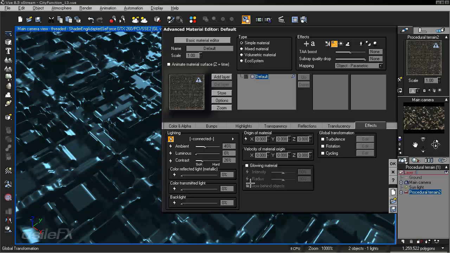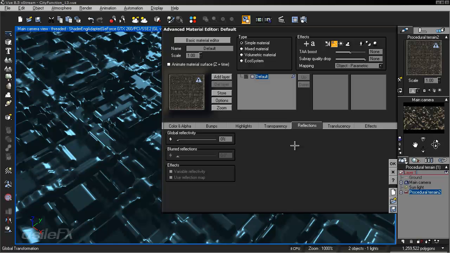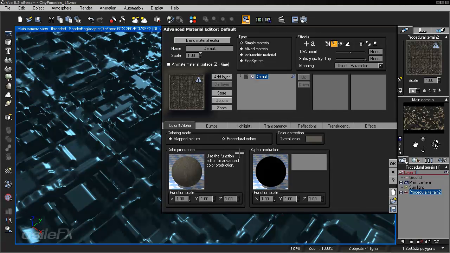Also, if you're going to be creating more of a metallic look, the color reflected light looks really nice. And we can also start, if you want to add some reflections overall throughout the surface. But what I want to show you right now is how we can mix together a texture map with the color production in order to make it look